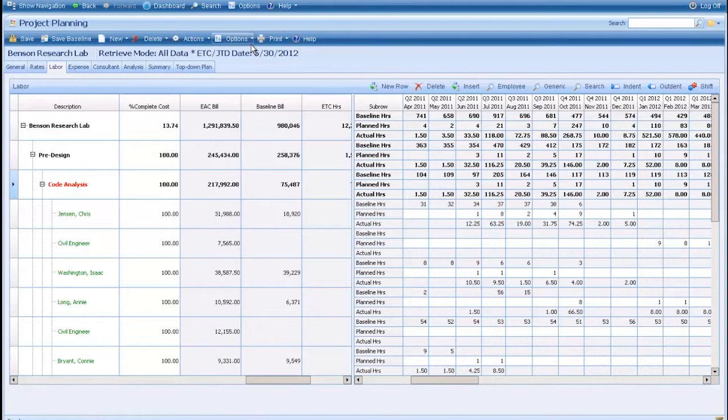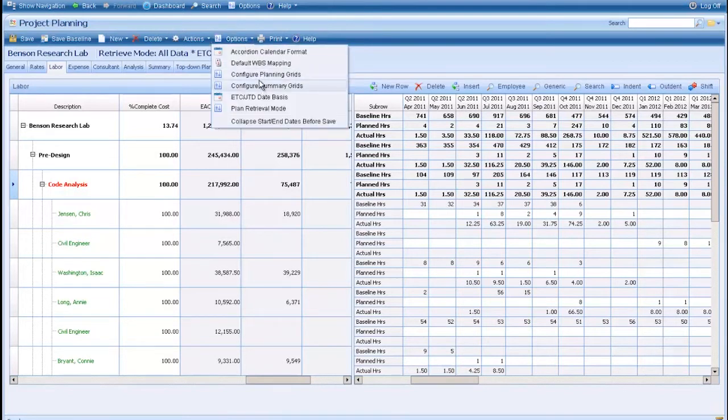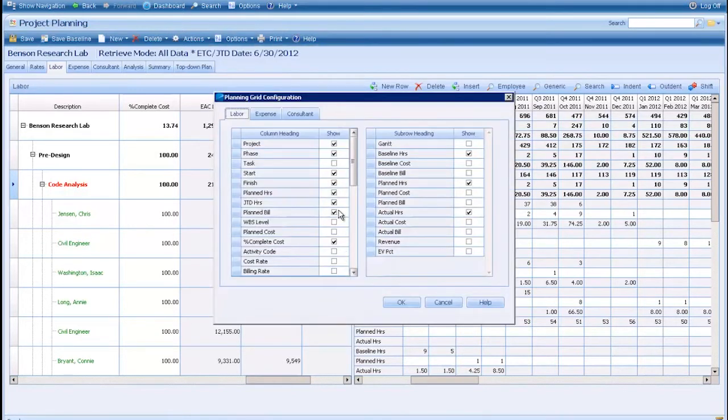What I can do is go to Options, go to Configure Planning Grids, and add the different types of grids for the information that I want to see here. So planned hours, job to date hours, fine. Maybe I just want to look at it as an hourly measure. I could move down and select which columns I want on, and in this case plan